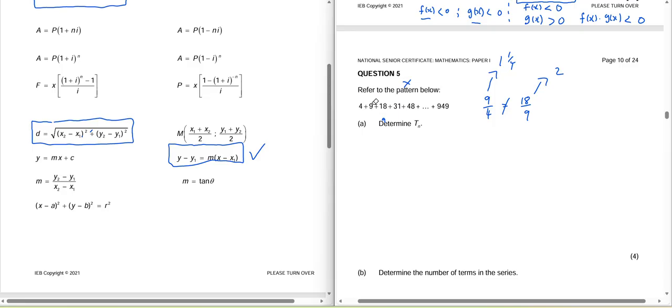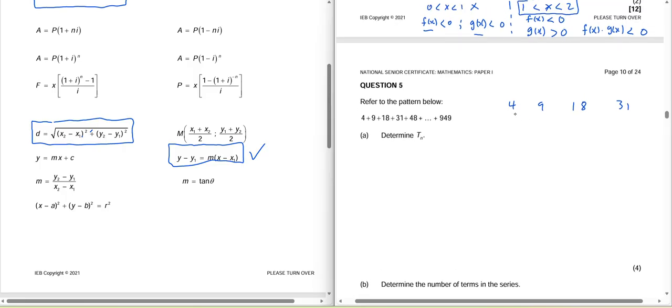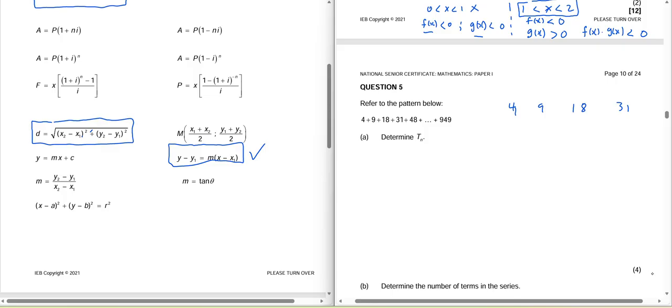So what is it? The only option that you'll be left with is that this could possibly be a quadratic series. Now let's check if it can meet that criteria. Now we need a tree that we need to draw. So we have 4, 9, 18, 31, and so on. For now, let's just take 4, because 4 are enough to draw our tree. Now we are going to do the process, which is